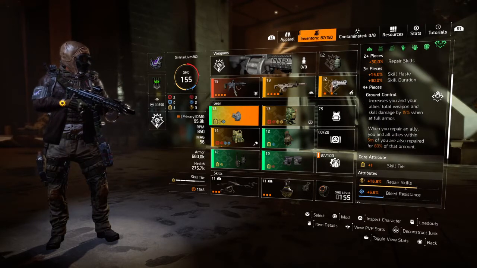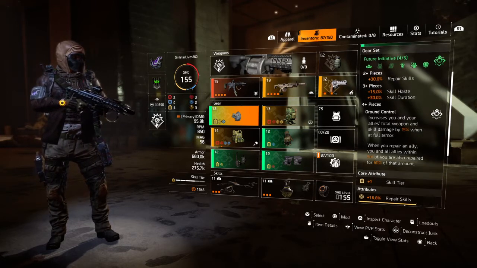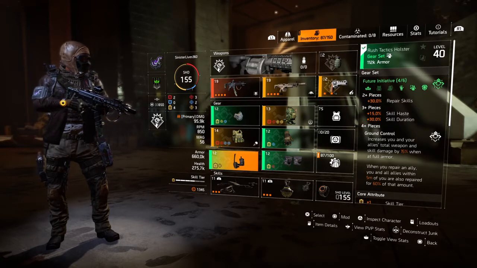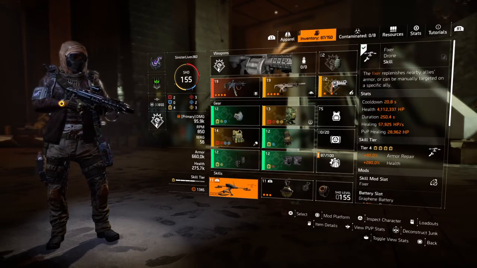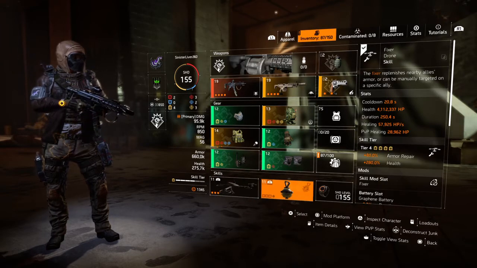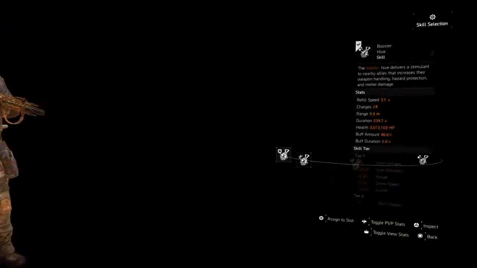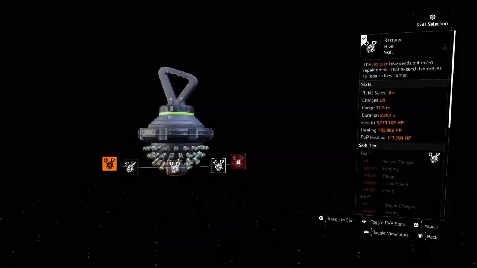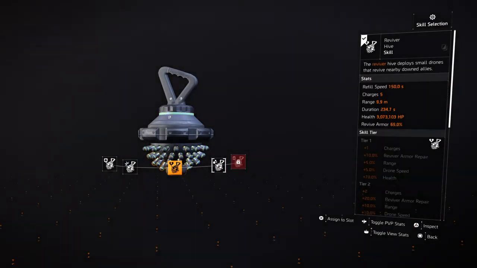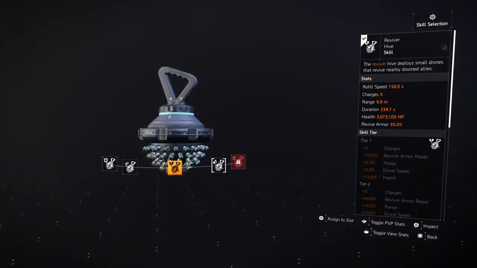Also, when you repair an ally, you and all allies within 5 meters of you are also repaired by 60% of that amount. So even though you're not necessarily looking to heal your teammate, you can switch out the booster for the, and I believe I did that in the video, you can switch it out for the restorer, or if you're fancy like that, you can switch it out for the reviver. I didn't, only because 5 charges